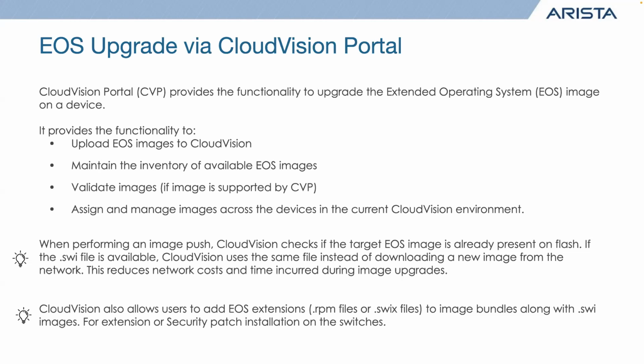Now, another good feature wherein CloudVision makes our lives a lot easier is allowing us to install extensions or fix files very easily. So for example, if you're trying to use Splunk or a Docker extension, anything that you want to install additionally in terms of functionality, it is very easy to install any extension as part of CloudVision Portal. And also the upgrade of extensions, for example, if you want to upgrade an extension from an older version to a newer version, that is also possible without even having to reboot the device or affecting the EOS release which is running on the switch.